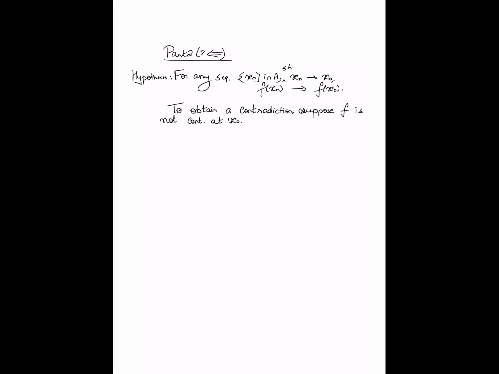The negation in fact implies the following: there exists an epsilon greater than 0 such that for no positive delta does the condition hold that if x is within a delta distance of x naught, then f of x is going to be within an epsilon distance of f of x naught. So there exists some positive epsilon for which the definition does not apply. What does that mean? Such that for all delta greater than 0, there exists an x in the domain